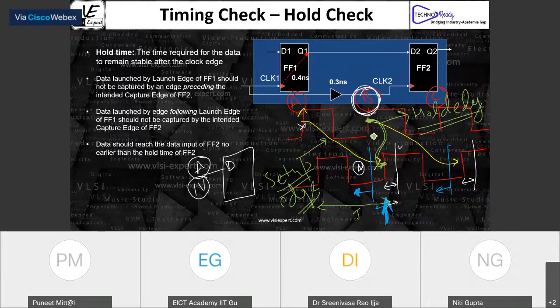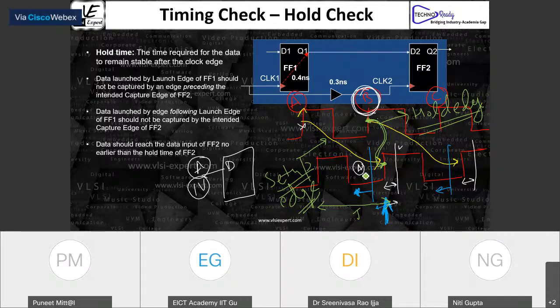We will discuss what delay we are talking about in the report, or maybe I will show you in the circuit also. But right now, you can say it's the same edge. Here you can say it's a different edge, an edge after one cycle. That's the reason in hold, most people say it is on the same edge, while setup is about different edges, or after one clock cycle.